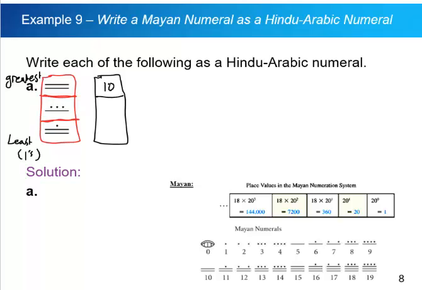I want to write out what those numbers actually are. So that's 10, that's 8, and the next one is 11. Again, what are our place values? Well, they're over here. Start at the 1s and go up. 1s, 20s, 360s,